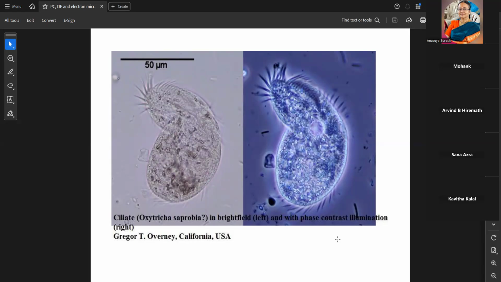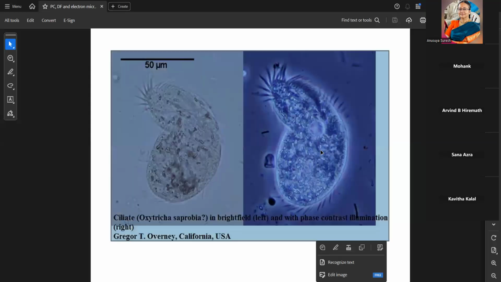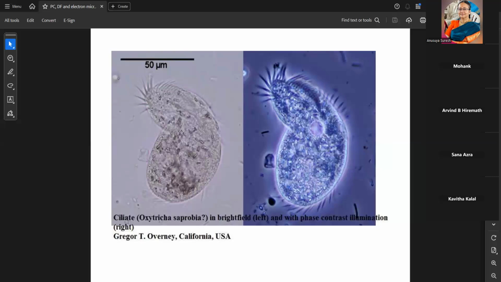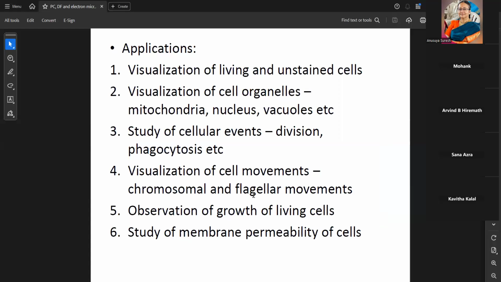And if you see it under phase contrast, you are able to see it with that bright kind of lighting. So if you compare the two pictures, you can make out that more details are visible in phase contrast microscopy. Some things you can see in bright field microscopy, but many things are not very clear. Like if you look at this part in the center, in the image on the right side, there is one round kind of thing here, which you cannot see here. Certain other structures also are very clear in phase contrast microscopy. They are not so clear in the bright field microscope. So this is how we make use of phase contrast microscopy.